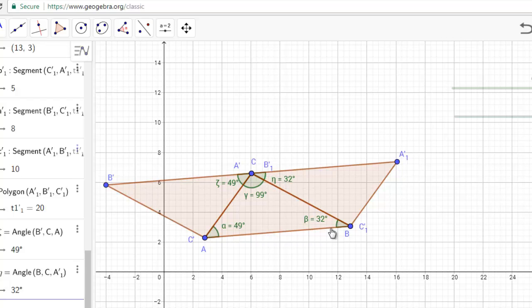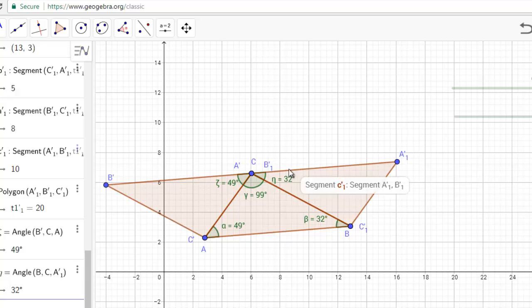I will notice that 32 and 32, which is great. That means I have the 99 as a common angle, 49 and 49 here, 32, 32 here. That means if I add these 3 angles, it's going to give me the same 3 angles inside the triangle. Now to check the value of these 3 angles, I can check the value of this angle, which is for